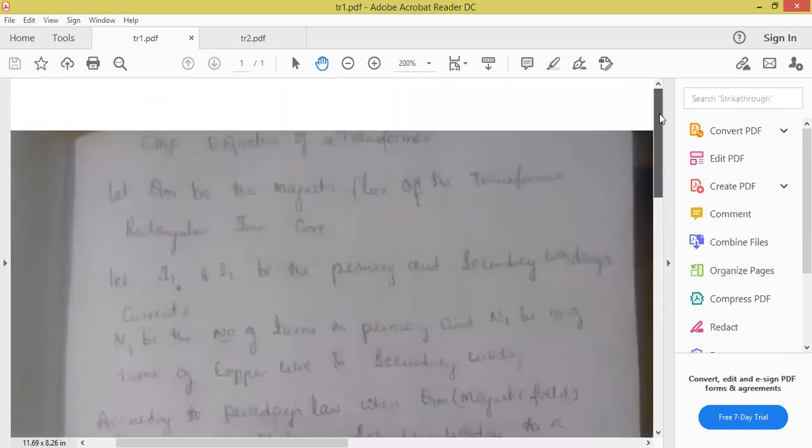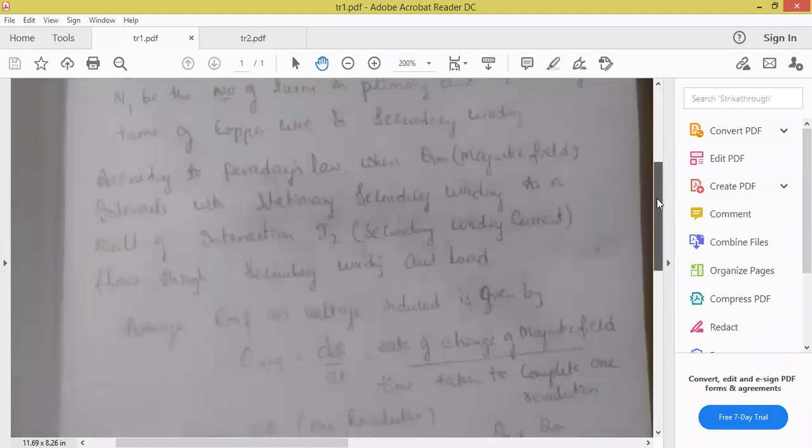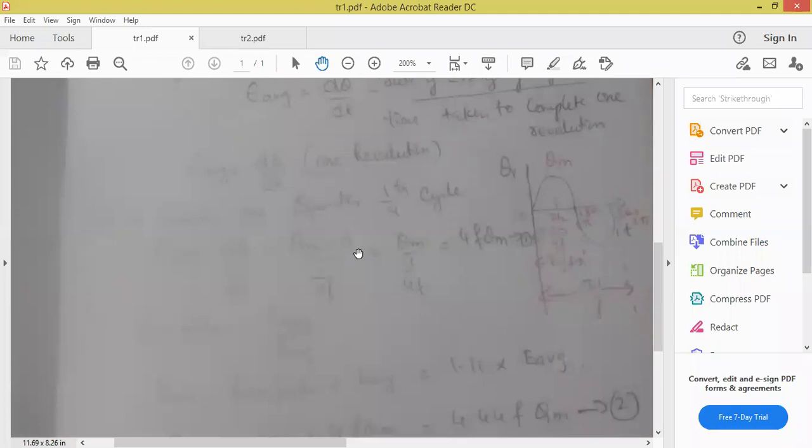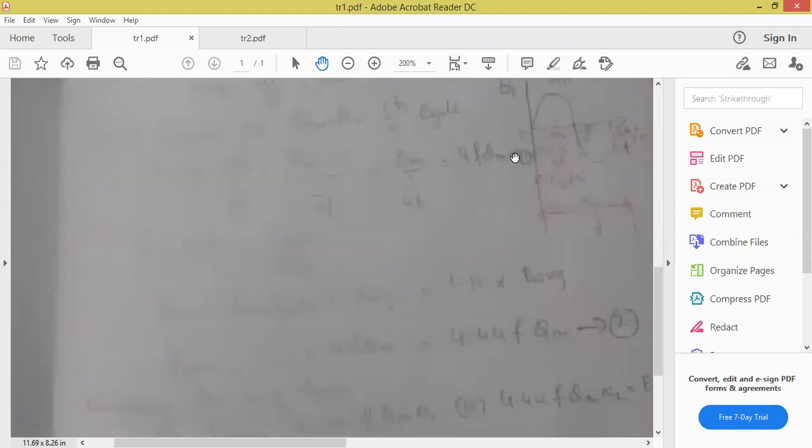So what is the derivation? How to solve this derivation? All of you, you must start from here. If you are unable to remember, you can start with average voltage, the voltage developed in the secondary winding. E average equal to d phi by dt. What is the formula for d phi? Phi m minus 0, and for dt we are considering only a quarter cycle, because in a quarter cycle only the maximum value is phi m. So phi m by 1/4f, that is 4f phi m.